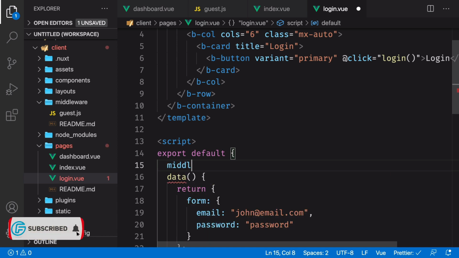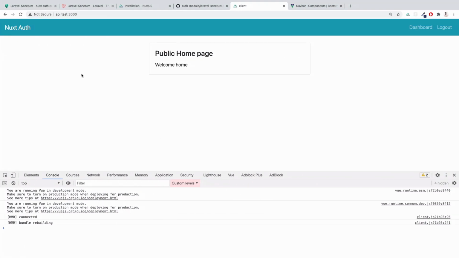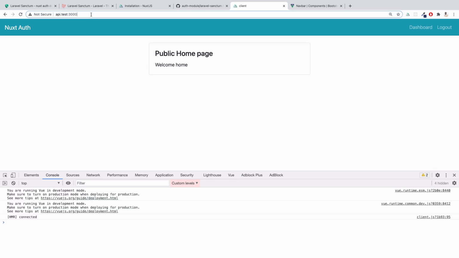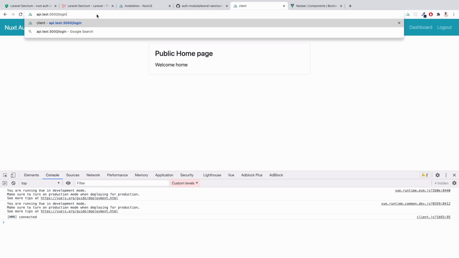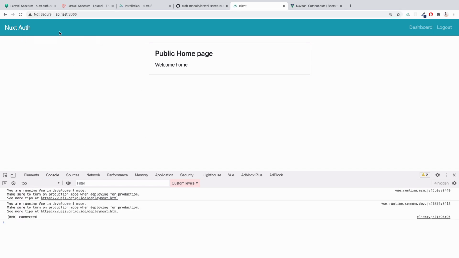So let's say middleware. And here, let's say guest. So if I come back here, I refresh, and I try to go to the login page, because I'm authenticated, it will kick me out and bring me back to the home page. So it will never allow me access to that login page as long as I am logged in. But if I log out and I go back to the login page, I can